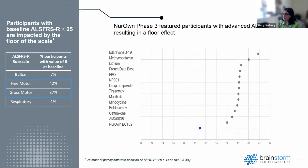And why this is extremely important is on the left side of this slide: in these participants with advanced ALS, almost 40% had values starting on the 6 items in the fine and gross motor that were starting with a value of 0, which confounded the analysis in the trial. It definitely contributed and may have led to NurOwn missing the trial's primary and secondary endpoints,